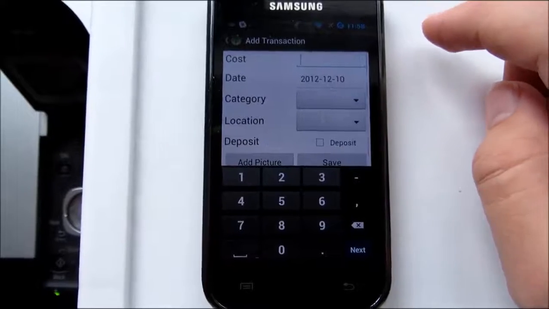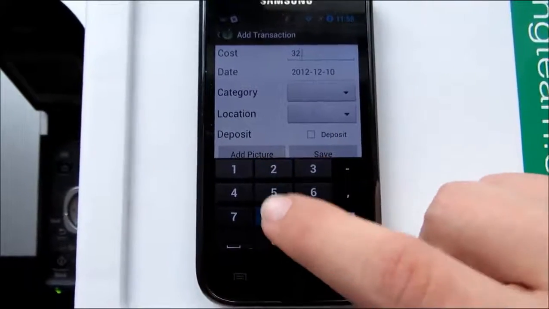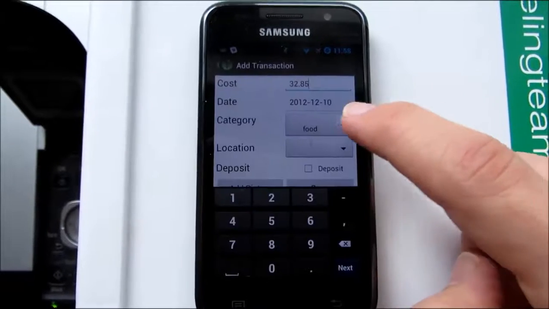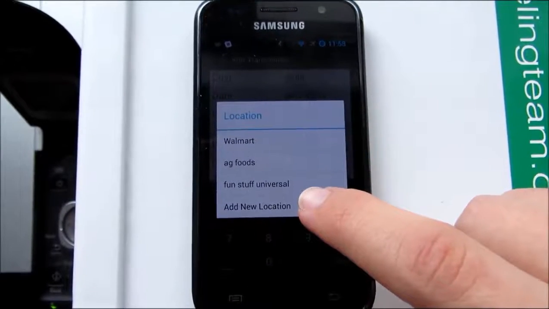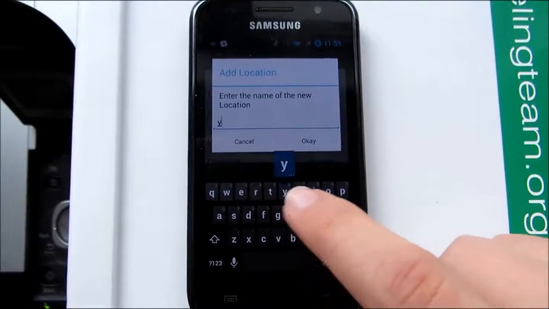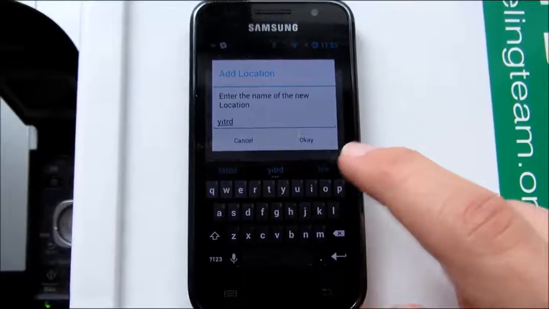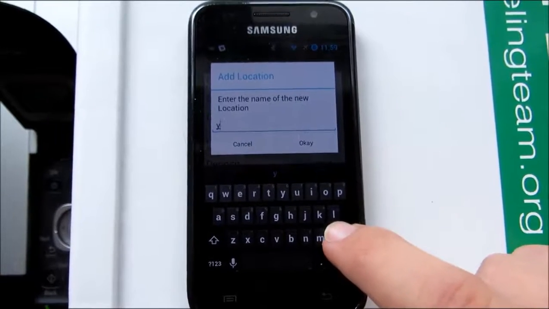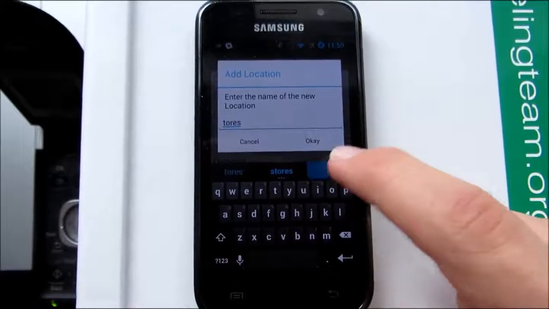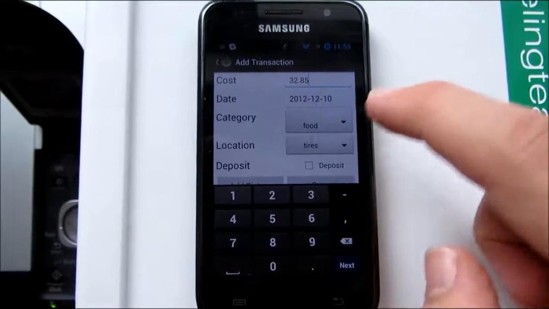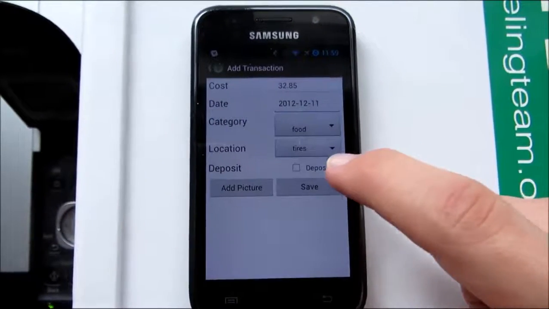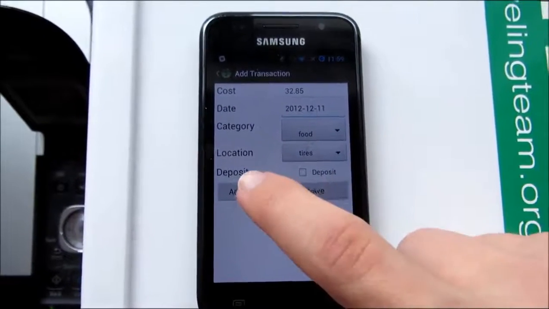To add a new transaction, you click the plus button, you enter your price, you choose your category, you choose your location, you can add a new location if you want. And you can choose your date, and you can choose if it's a deposit or not. You can also add a picture,